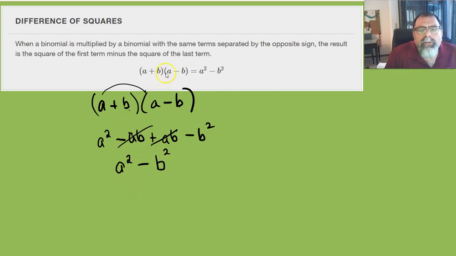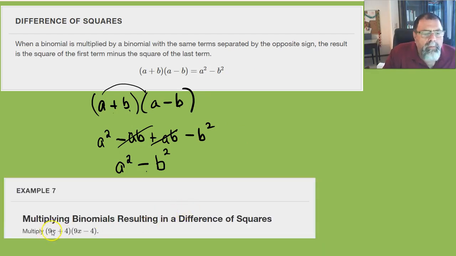So we can create a shortcut and skip. We don't have to FOIL it. We're just going to square the first one, square the second one, and put a minus sign in the middle, and that's it. So if we look at example 7,